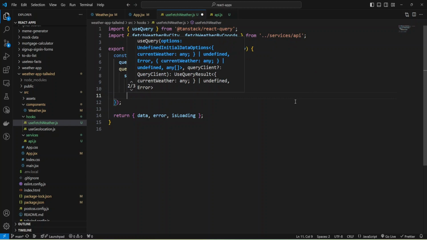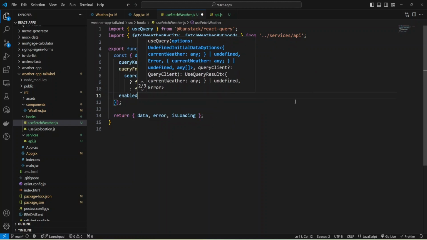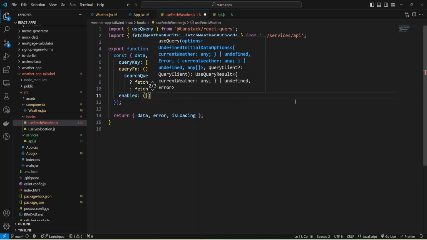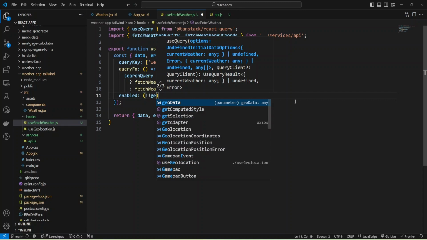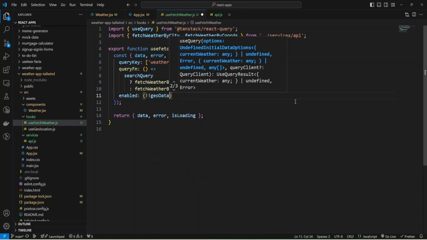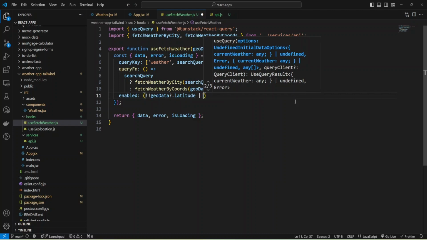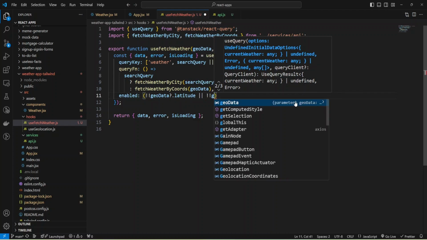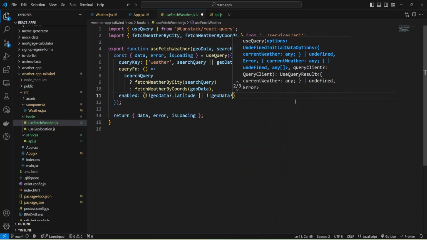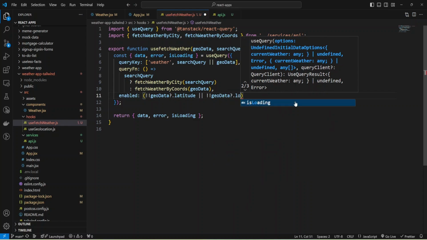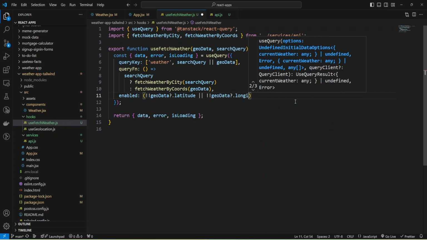And also, we need to add enabled and check if we have coordinates or search query. Then our use query will be enabled, and otherwise, we will not make any calls. And check geodata, and we will have inside our geodata latitude and longitude.